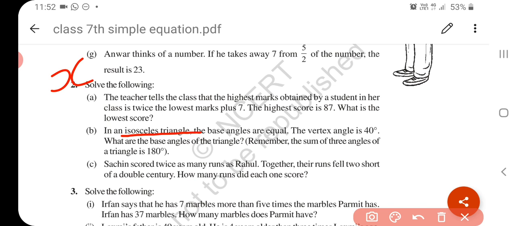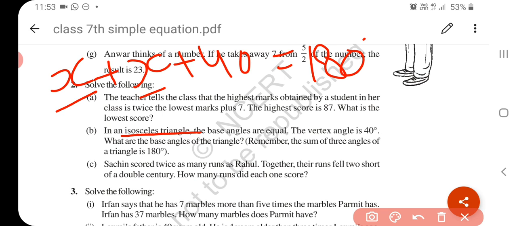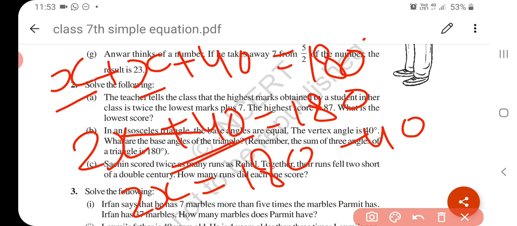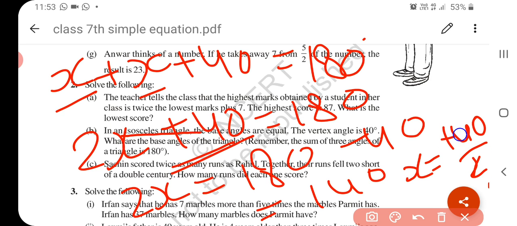हमको दो ट्रायंगल फाइंड करना है, और एंगल सम प्रॉपर्टी ऑफ अ ट्रायंगल बोलता है कि अगर एक एंगल x है, दूसरा x है और तीसरा 40 है, तो इनका एडिशन हमेशा 180 डिग्री होना चाहिए. ओके, सो आवर इक्वेशन बिकम 2x + 40 = 180. So 2x is equal to 180 minus 40, because here 40 is with plus sign. So it becomes 140. So x is equal to 140 upon 2, that is 70 degrees. Understand? This means each base angle of the triangle is 70 degrees.